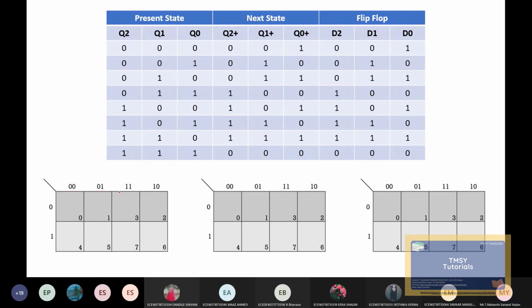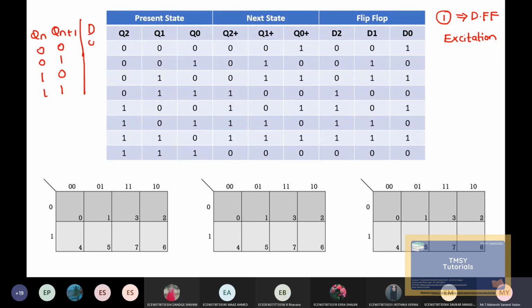Now, here you have to choose the flip-flop. As we are dealing with the first question, which is implementation using D flip-flop, we need to write the excitation table. So what is the excitation table? D is equal to Qn plus 1. Or else, better you write this table: 00, 01, 10, 11, for this 0, 1, 0, 1. So here, can anyone tell me how I got the values for D2? What are the values that I have to check?